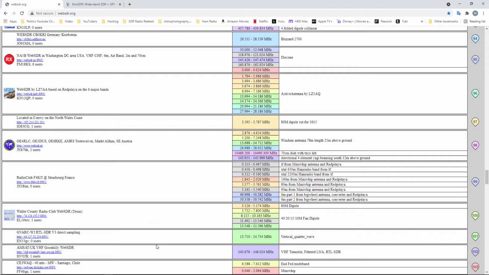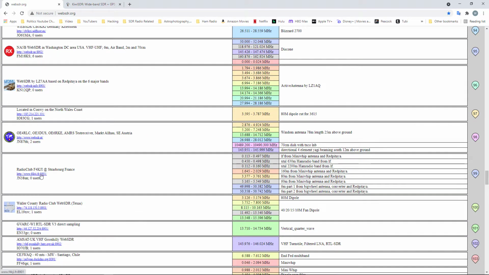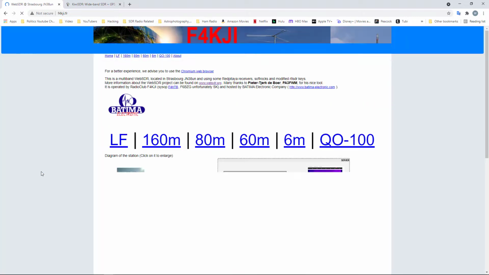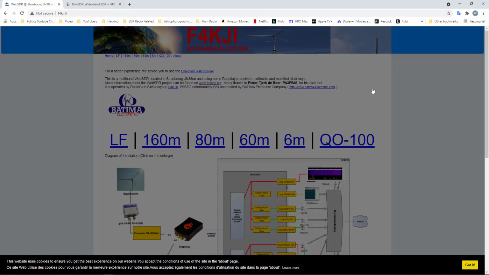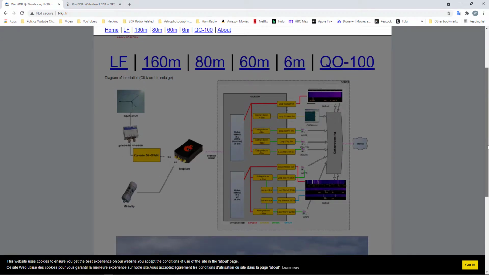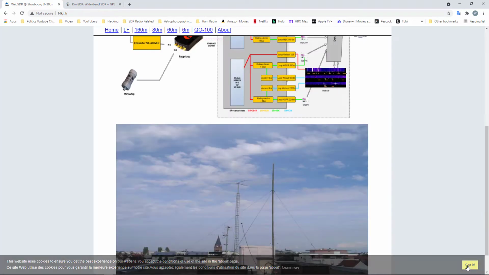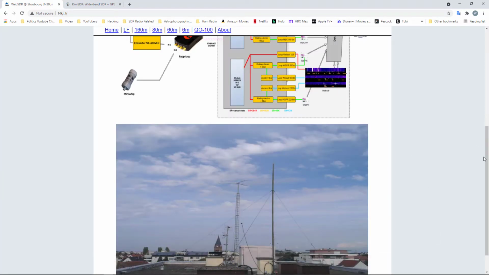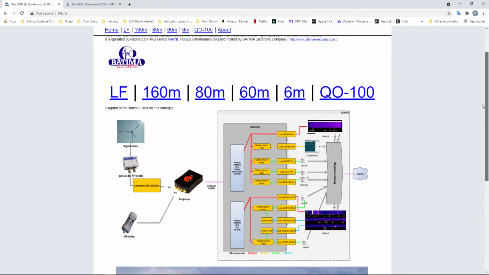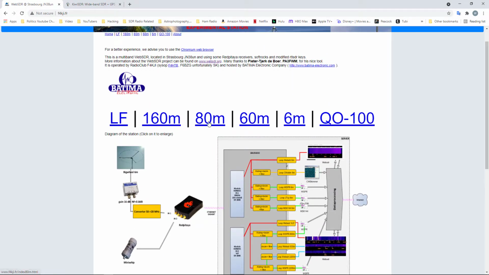Here's one in France. Let's link into that. I'm not quite sure what it looks like. I've never been here before. I have to warn you about this site too. Sometimes the audio is kind of wonky. Depending on what browser you're using, will allow you to get audio. So